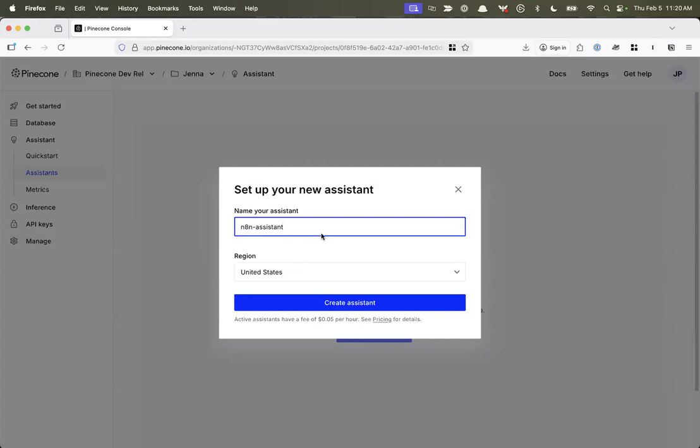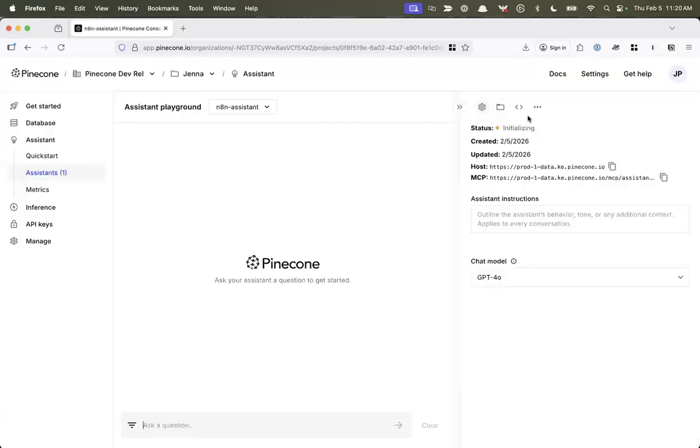This is what we upload our files to and then do the chatting with. You can see right now this is initializing. I'll walk through the console really quickly. But with this workflow, you actually don't need to use the console other than to create the assistant. So just keep in mind that you can do almost everything you need to do in N8N with that workflow.